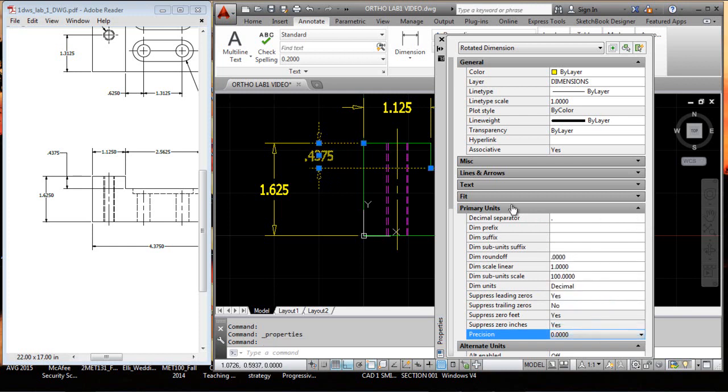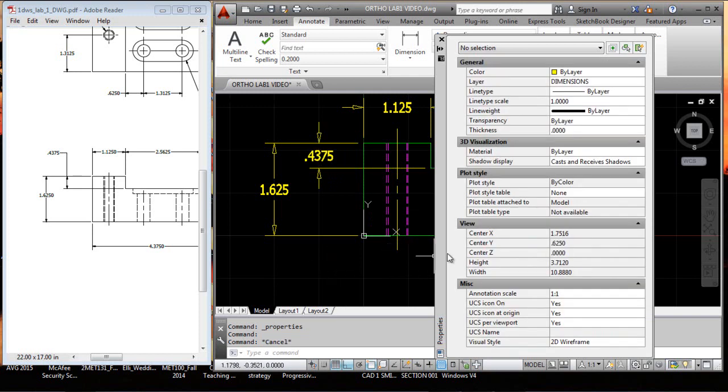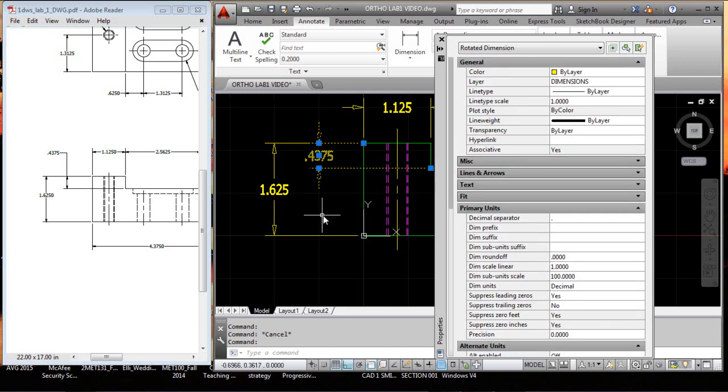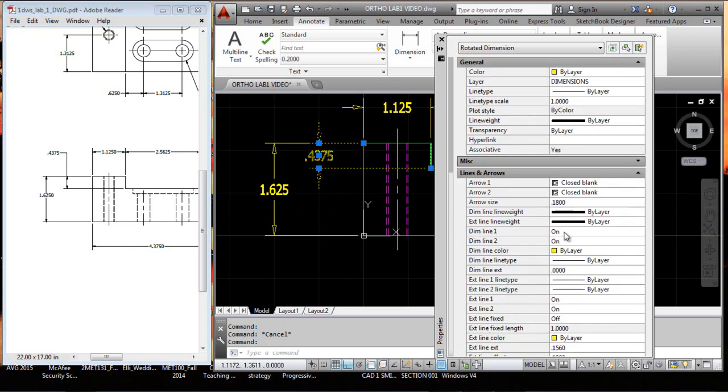So I click on that, hit the escape key. Now here's a case where normally if you were using an old style plotter, you would want to get rid of this extension line. We talked about the suppression earlier. Okay, well that's under the lines and arrows, and if we did an extension line, let's see, right here